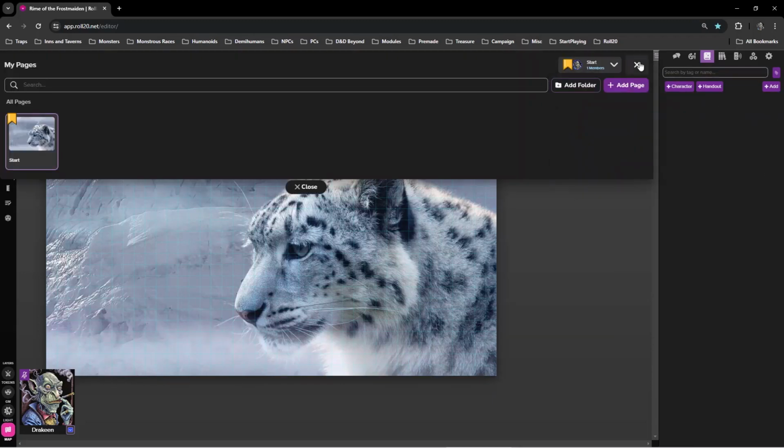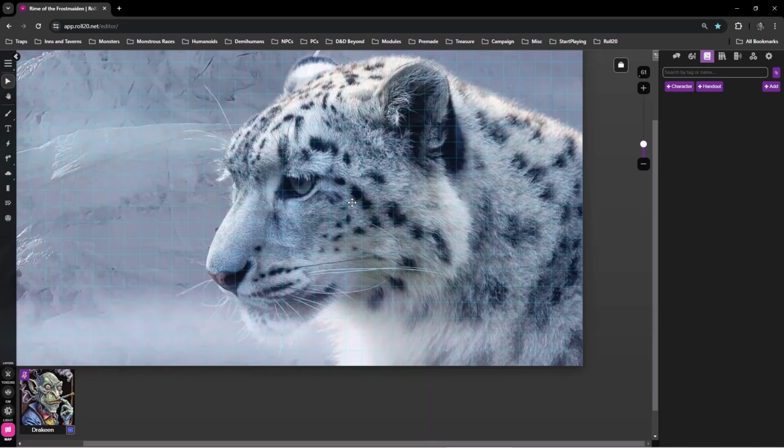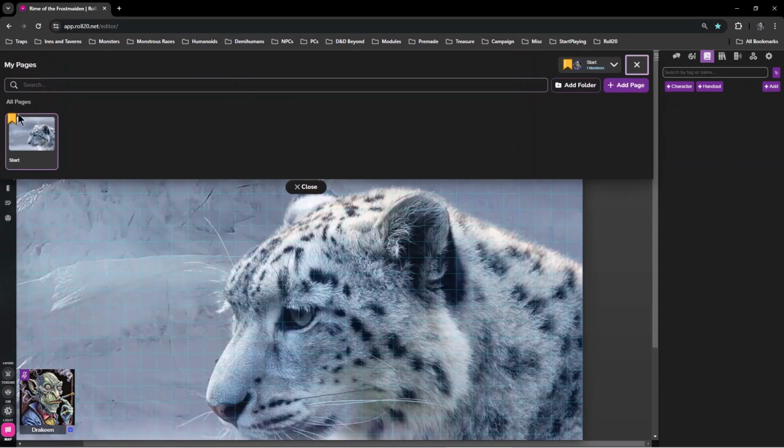Usually there's a little icon that says page up here, but for some reason it seems like there's been an update because there's a little briefcase here and now it's a folder. This yellow bookmark is usually a bright red bookmark that says players in the non-updated version, I guess. But I guess they're still updating this. It's literally happened since the last video was shot. But anyway, on your landing page,